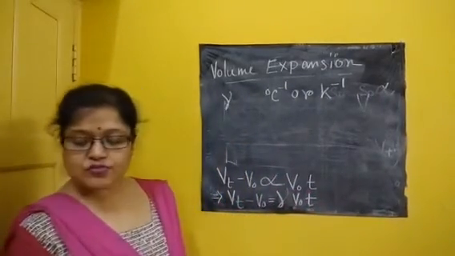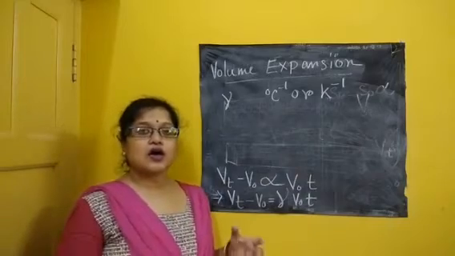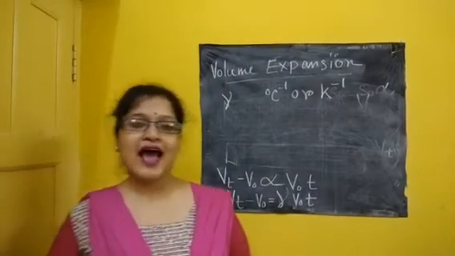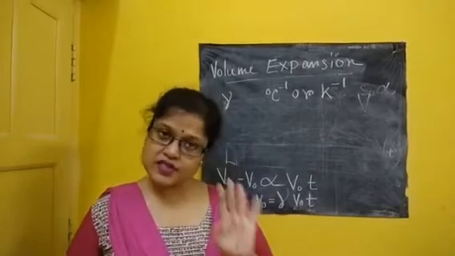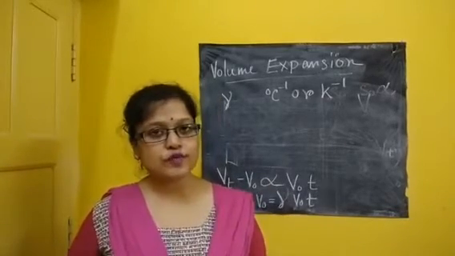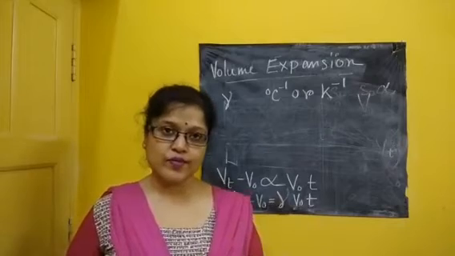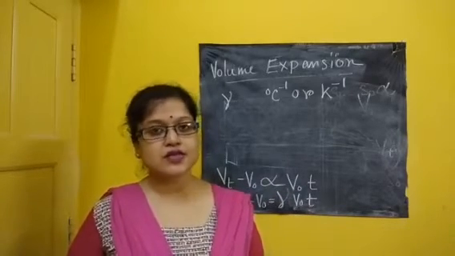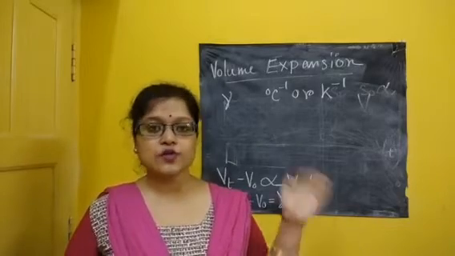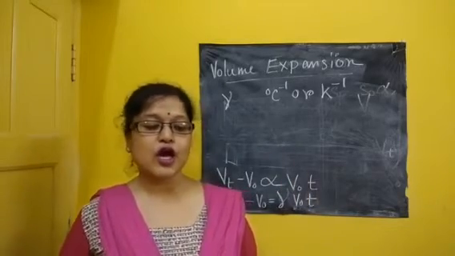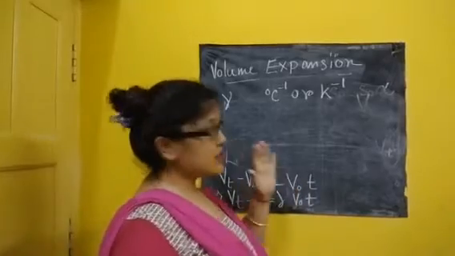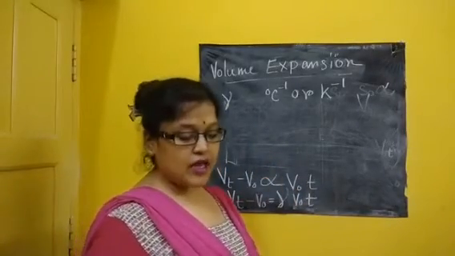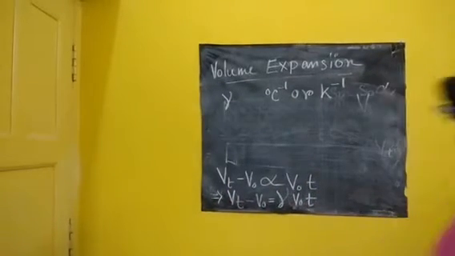Actually, when I change the heat of a substance, then the volume of the substance changes as a whole. For the easiest method of discussion, I first consider the linear expansion, then the change in surface area, that is the surface expansion, and last, the volume expansion. Now, why am I considering these three things separately? I am telling you that there is a reason.